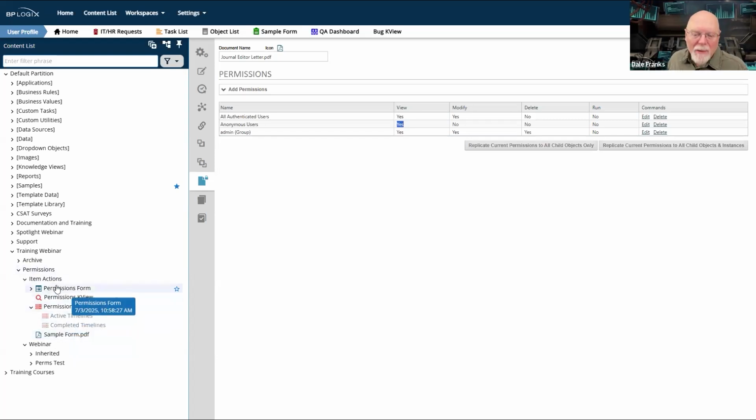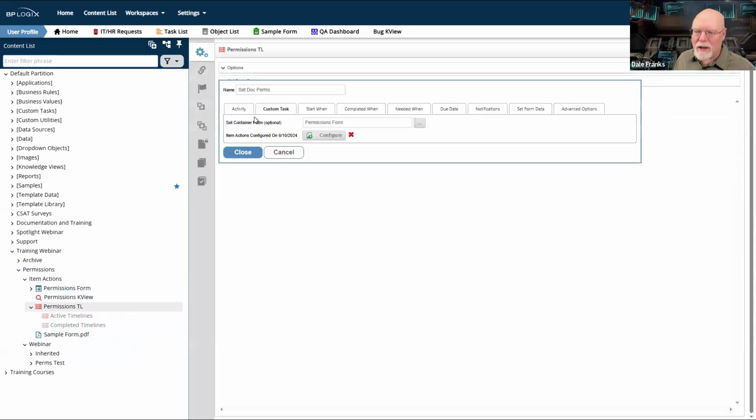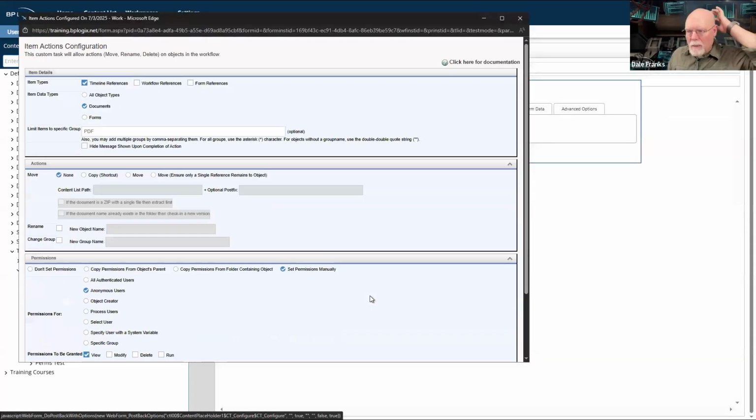The purpose of the item actions custom task, while largely to move and delete and change things in the content list, permissions are an important component of that, because there are use cases like the one that we've been looking at here, where I need to take an object in the content list, which in this case is a document attachment.